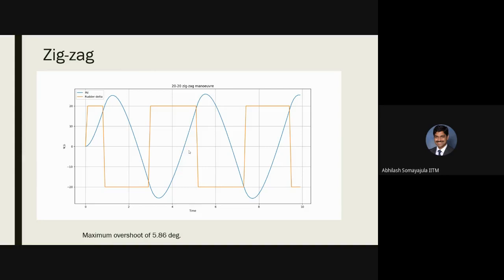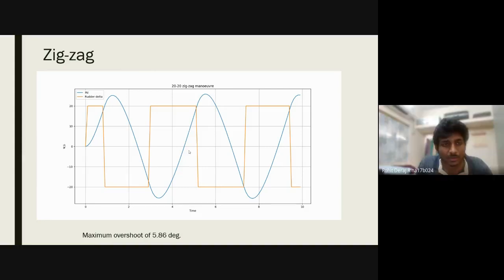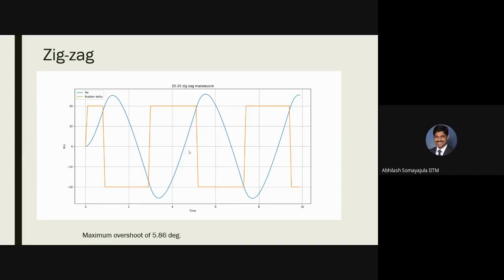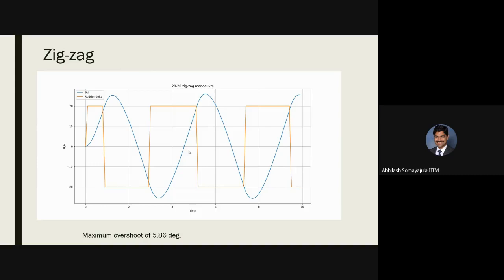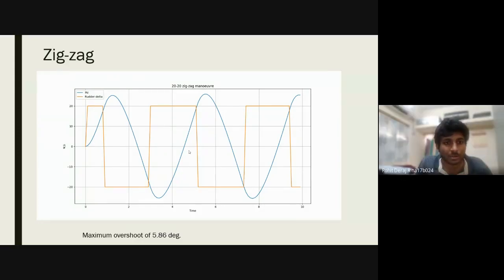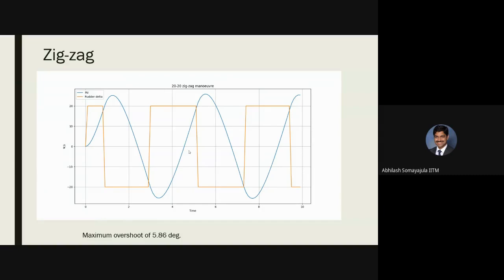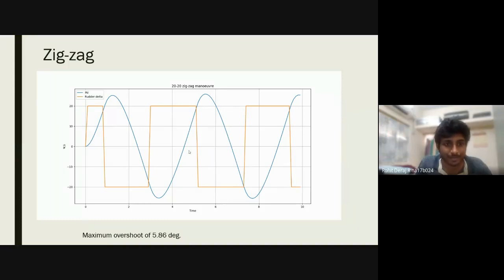So it is programmed that when the psi reaches 20 degrees, that is when it will start applying a negative rudder. Yes, sir. And yours is instantaneous, isn't it? Is this a continuously changing rudder angle? No, it's not continuously changing, so there is no first order input. You apply a rudder of negative 20 degrees, it immediately changes at that instant. Yes, sir.